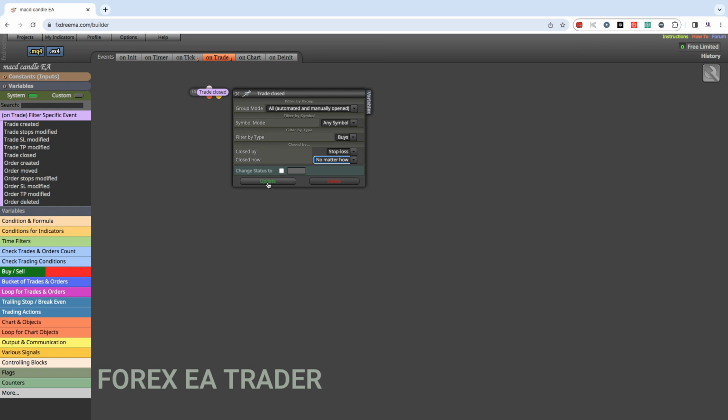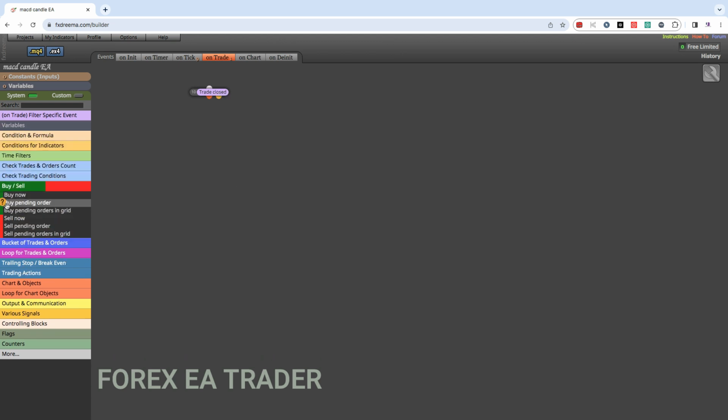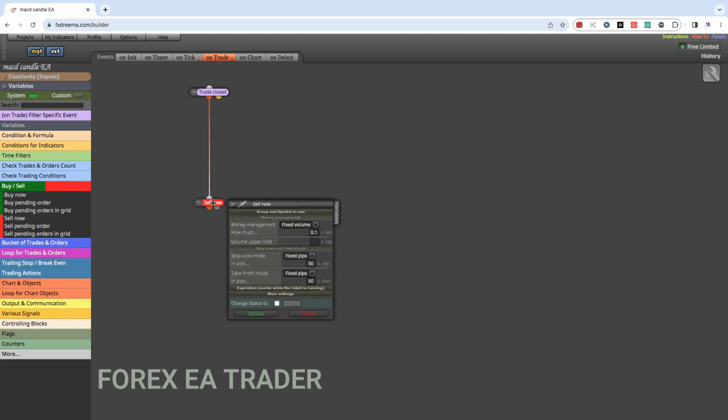So we are going to say update. What do we want to do when our buy has been closed at stop loss? We want to open a sell. Quickly open a sell. That's the trick. Quickly open a sell. We double click in there, and here you can do the normal